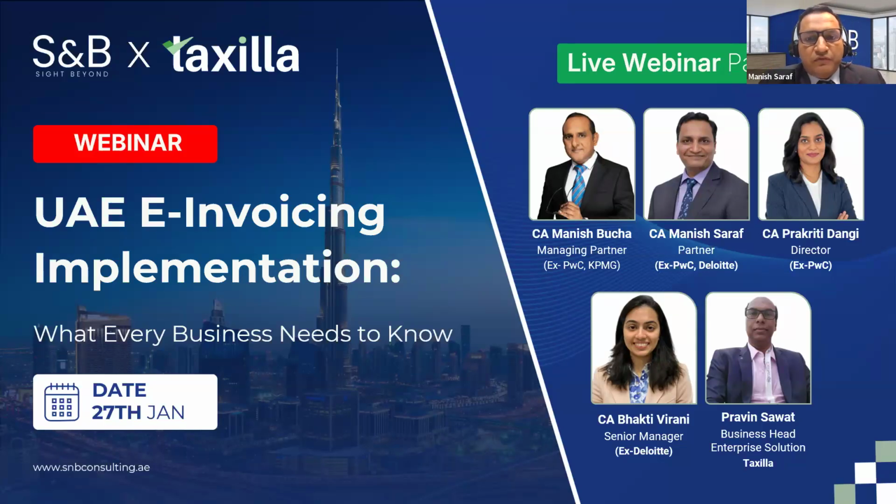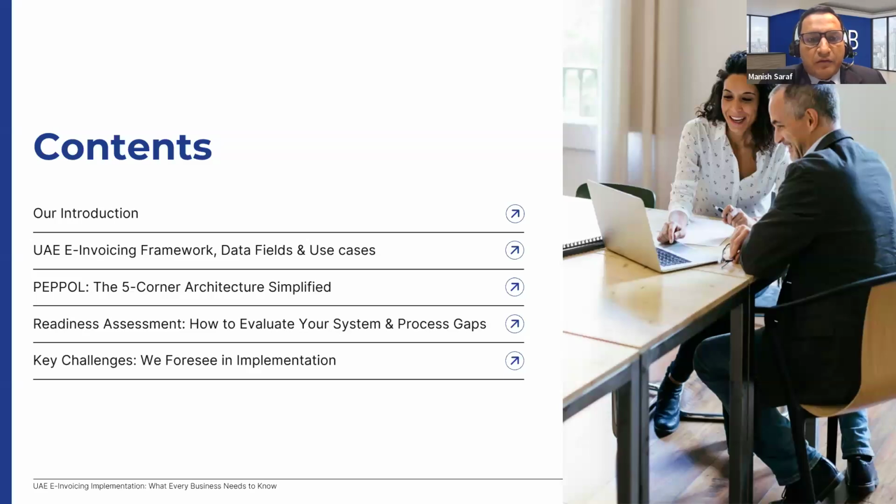What we are going to cover today: you might have attended sessions on e-invoicing, but we will focus, of course, a bit on the framework structure, and on the misconceptions people have in their minds, so that you get some clarity from this session. We'll talk about the data fields required depending upon different business scenarios, and discuss in more detail the different transaction scenarios, what additional fields would be required, and how that has to be structured in the system.